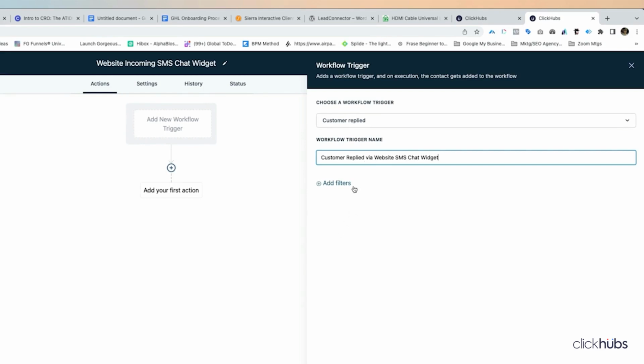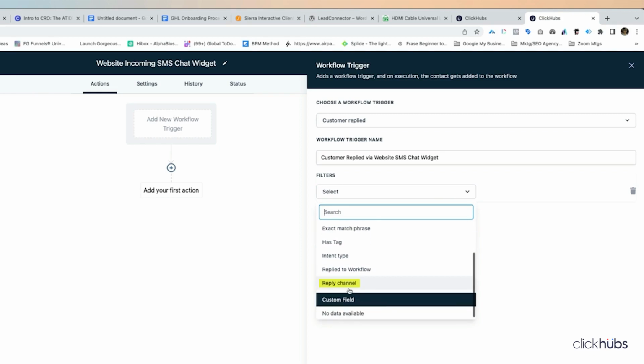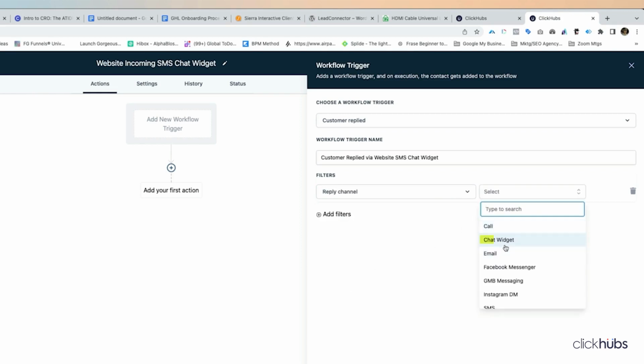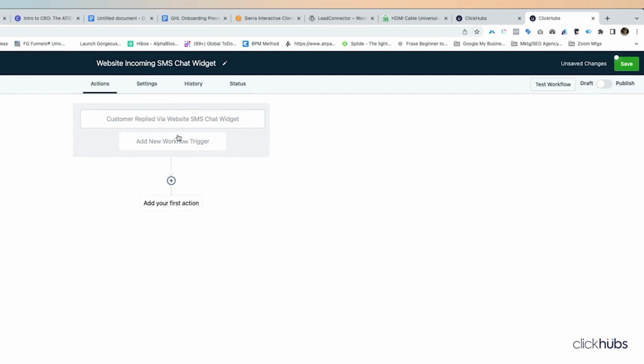And so we only want this to trigger if somebody contacts us through our chat widget. We don't want it if somebody emails us or sends us a direct SMS or things like that. We don't want this automation to work. So we're going to say reply channel is the chat widget. And so this is only going to apply if they're coming through that widget on our website. And then I'm going to save this trigger. So that's what's going to set it off. Anytime someone enters something into that chat widget,